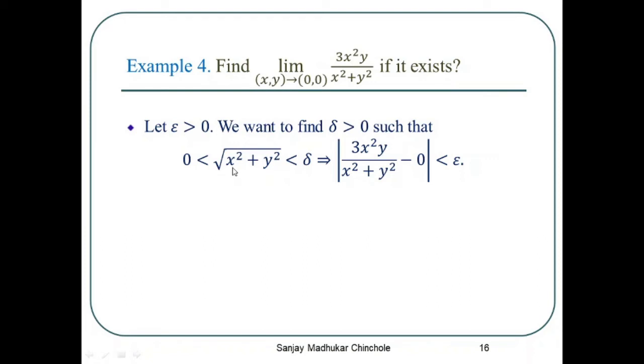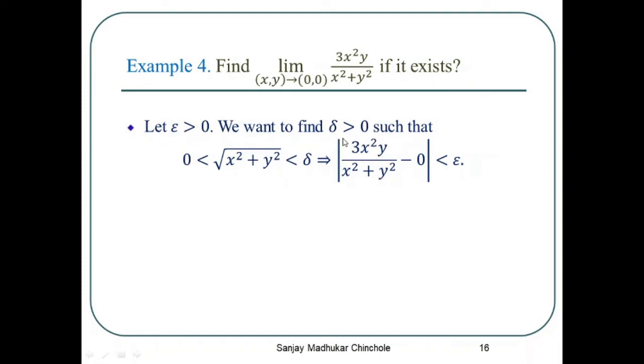That means it will be x square plus y square. Therefore, what we have to do? For epsilon greater than 0 given, we want to find delta greater than 0 such that 0 less than the square root of x square plus y square less than delta implies